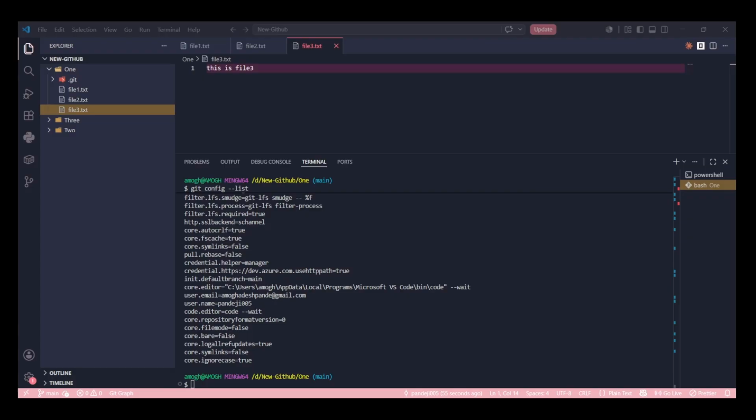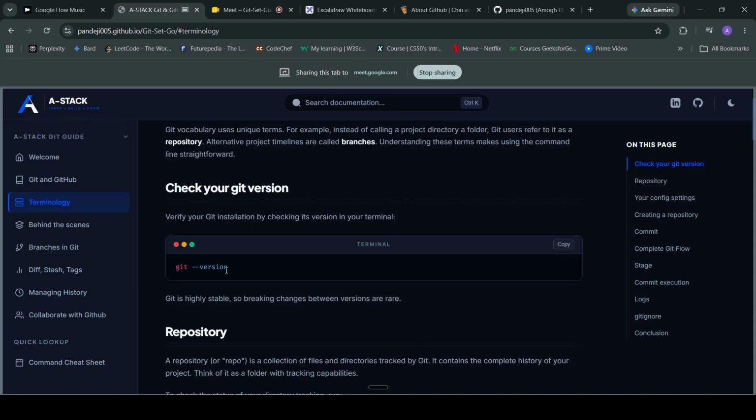So I'll go to my documentation. In our basics, see, let's go again. First of all, to check our Git version, we'll say git version.